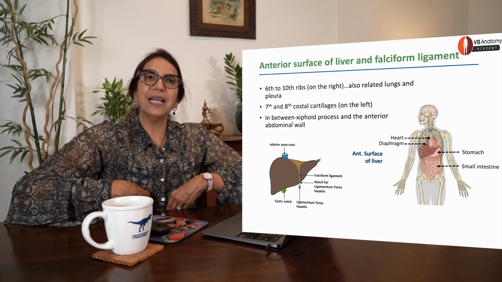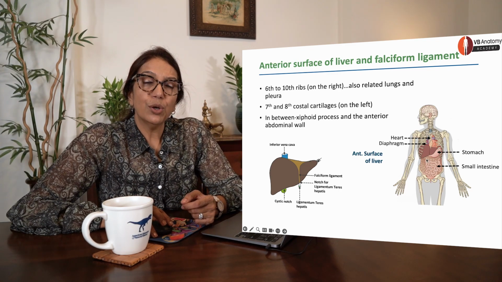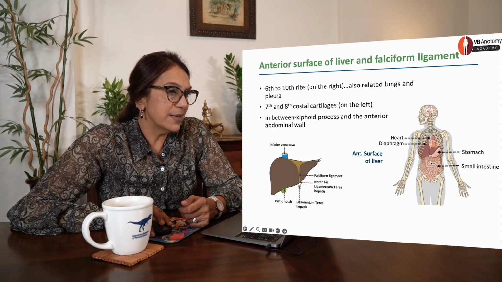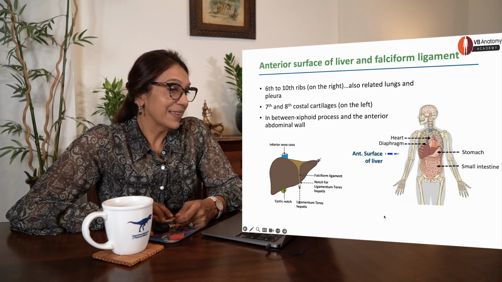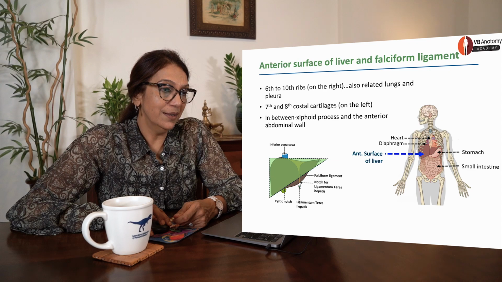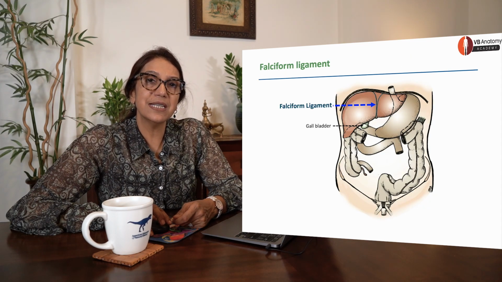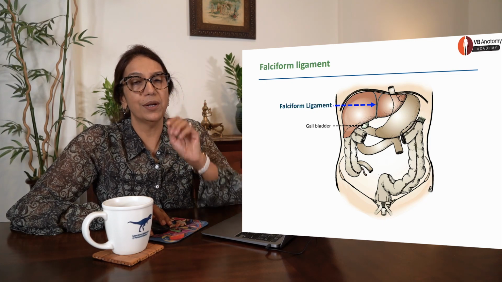You should be able to feel that in your abdomen. Do that, okay? And of course, it's also related to your xiphoid process. So that's where your liver is. I'm sorry, I don't know why I keep saying the lung. There. That's the anterior surface of the liver. And you will observe that attached to the anterior surface is the falciform ligament. Now we're going to discuss this very important ligament.